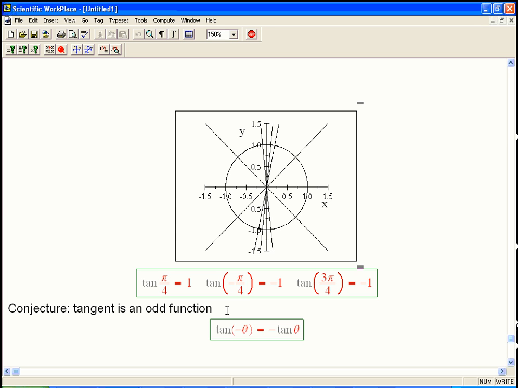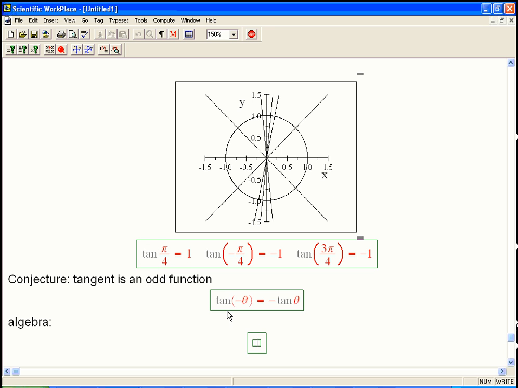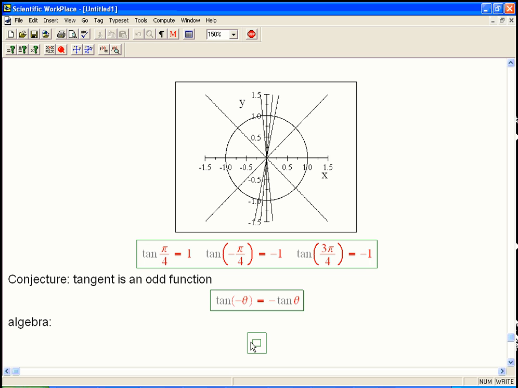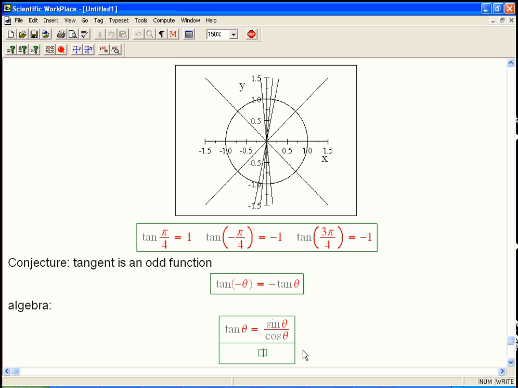Well, let me show you the algebraic proof of that. So I've been focusing on the geometry here, either by the circle or letting the computer do the graph, but let me finish up by connecting it to how you could think about this algebraically. You can definitely think of tangent theta as sine theta over cosine theta. If you understand sine and cosine well enough, you understand tangent. So I'm just going to plug in that definition